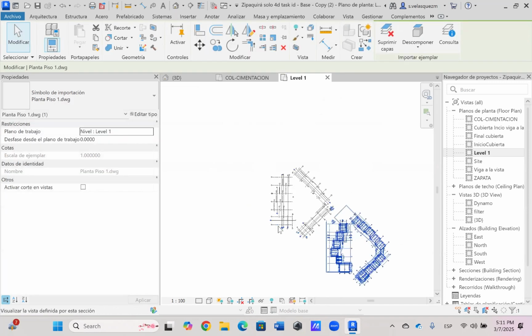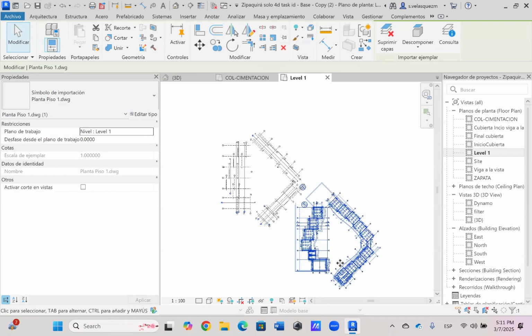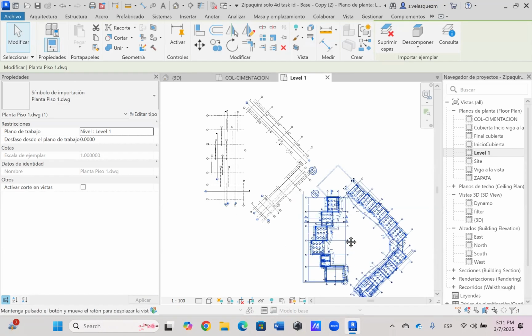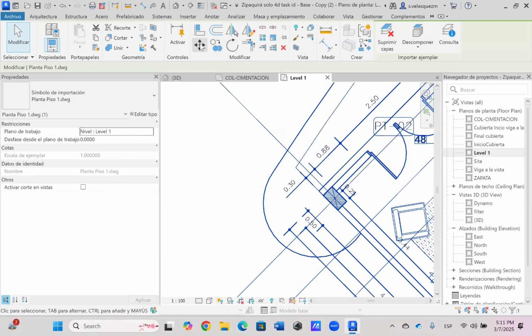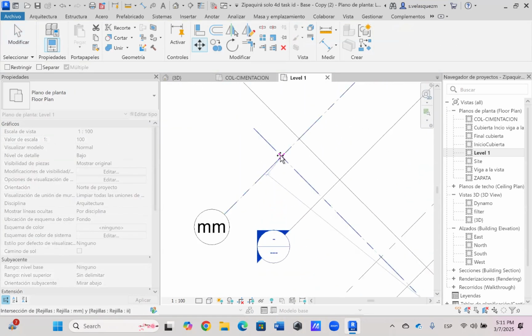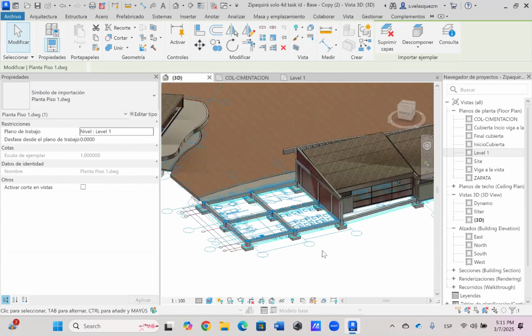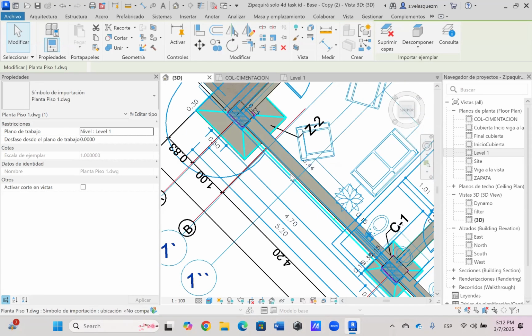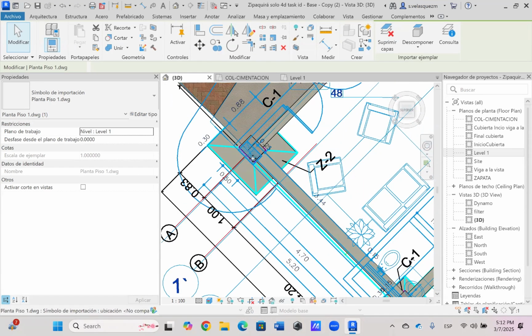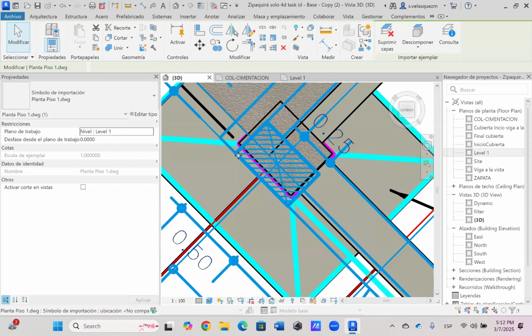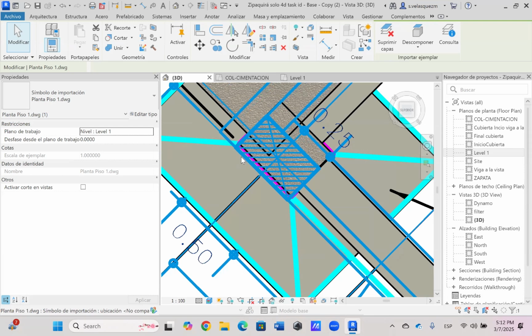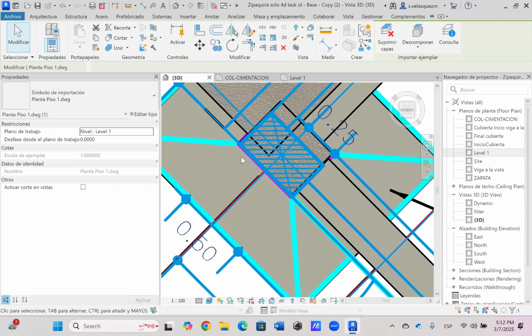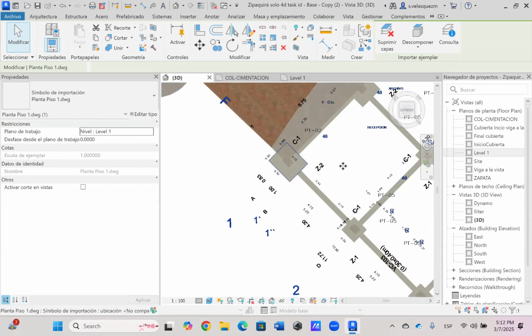As we can see, this plan is already properly rotated, so all we need to do is move it into position. To do that, go to the 3D view and switch to the top view. Here, we can see that the corner of this column on the CAD plan should align with the same column already in the model. Use the arrow keys on your keyboard to nudge the CAD file until those two corners align. Once that's done, we now have the first floor plan in place, and we're ready to start modeling the